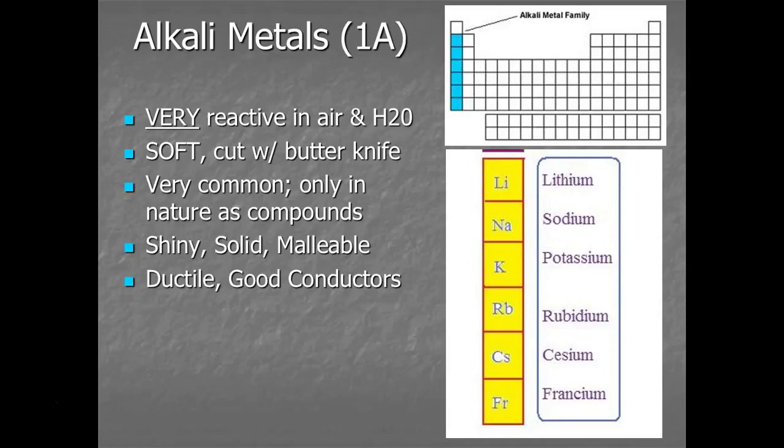The other thing here, they are ductile. Ductile means that you can pull on them and they will draw out into wires. I think about something like gum or taffy. If you pull on it, it gets really thin in the middle and makes little wire-like things. This is what happens with the alkali metals. If you pull on them, they come together in the center into long, thin wires. The other thing is they're really low density and they have lower melting points relative to a lot of the metals, so something to think about there.